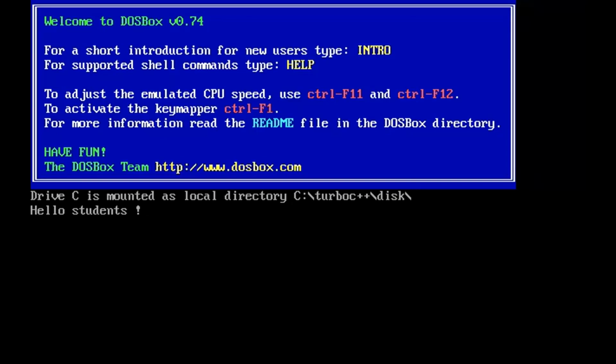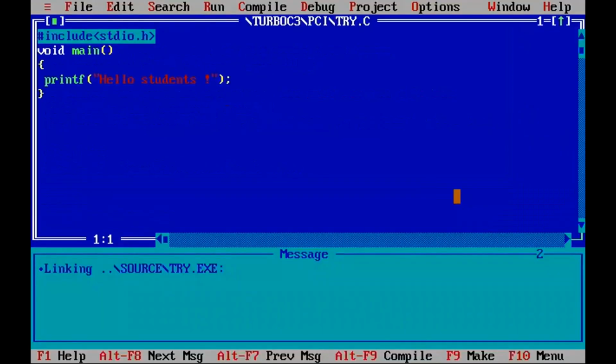Now here, to go back to the TC program screen, you can press any key, and I'm pressing any key now to go back. So I come back here. Again, this screen is divided into two parts, that is the program screen and the message screen. You can close this message screen using this arrow key. You can see this at the top right corner in the square bracket. There is an upside arrow. You can click on that so that your message window will be closed. So I'm clicking on this.